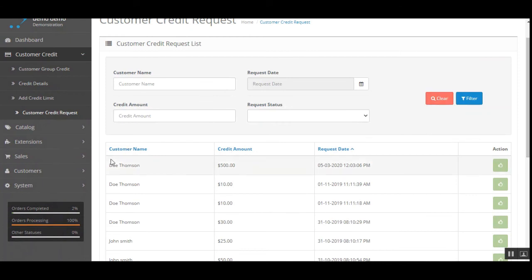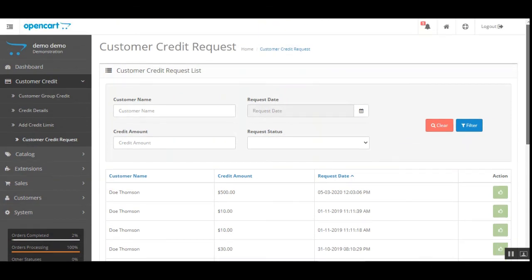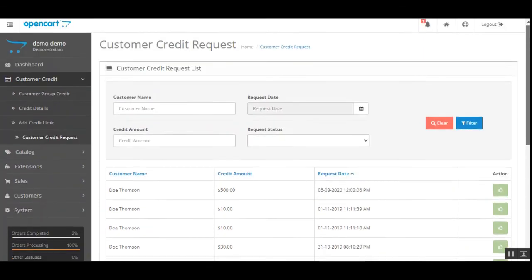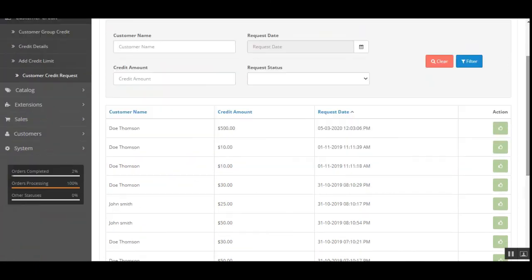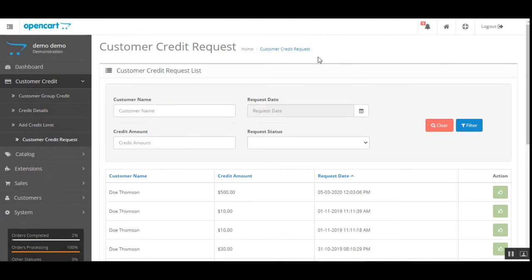So for example, you can see that we have the latest for Joe Thompson for a 500 credit amount, and under the actions column here the admin can find the button to approve the credit for which the customers have requested. So whenever a customer adds credit to his account under his own account panel using the payment methods made available by the web store admin, those credit requests are displayed here, and then the admin can basically approve them. And after approval, a mail is sent out to the customer,